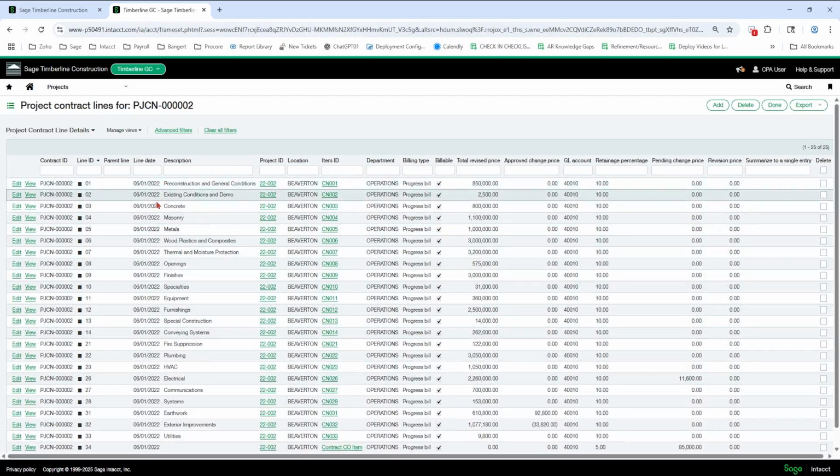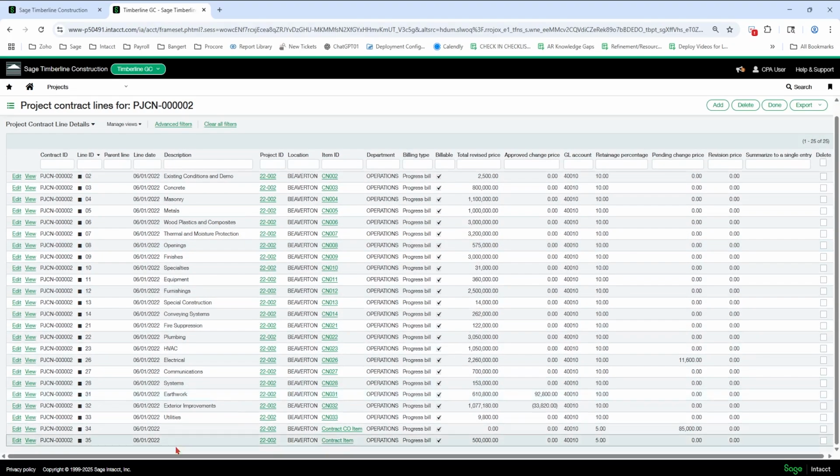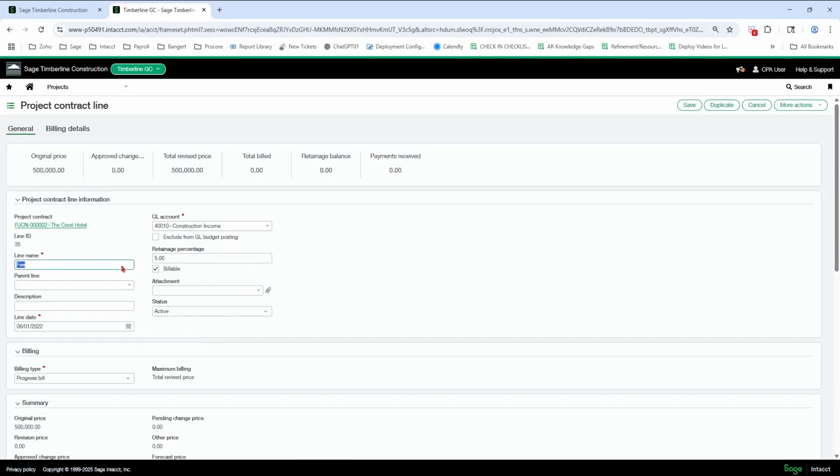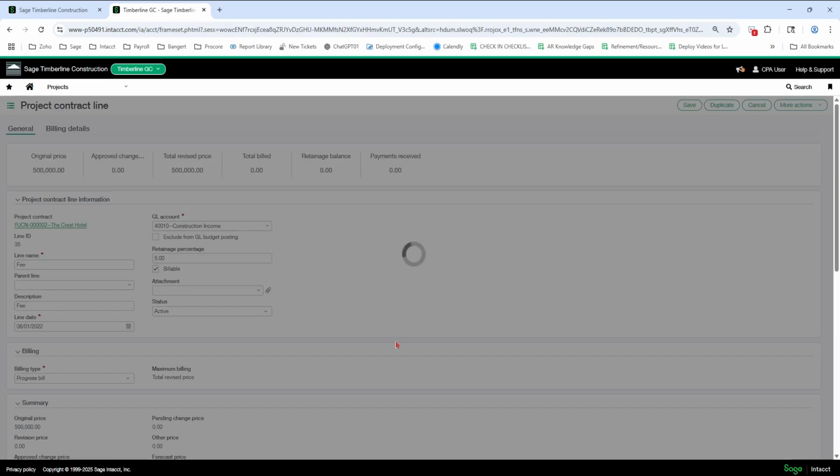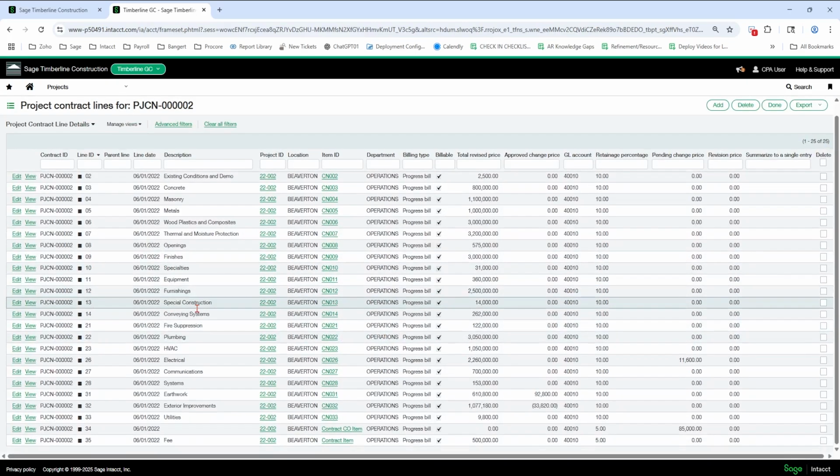If you don't spread the fee out on all your lines and you want the fee at the bottom, let me put it in the description as well because it's missing there. So it looks similar to these other lines, but you've got the fee here and you've got the 500,000.